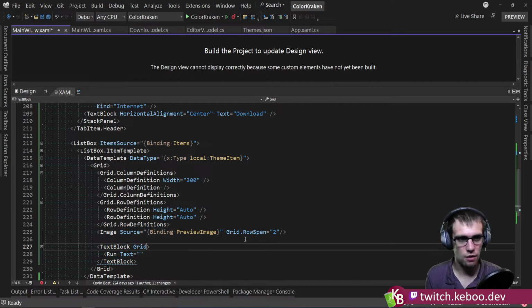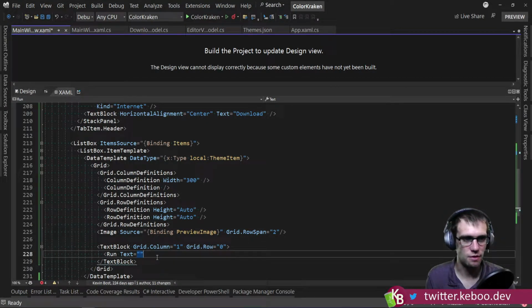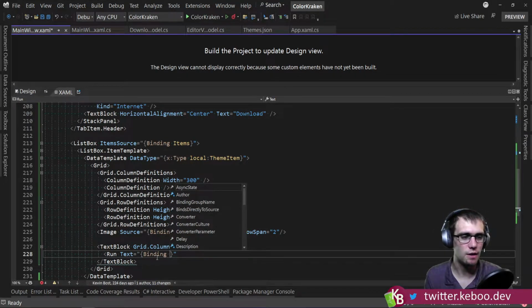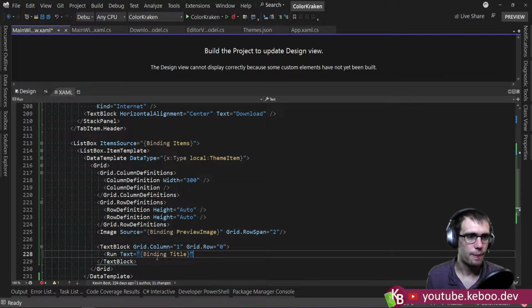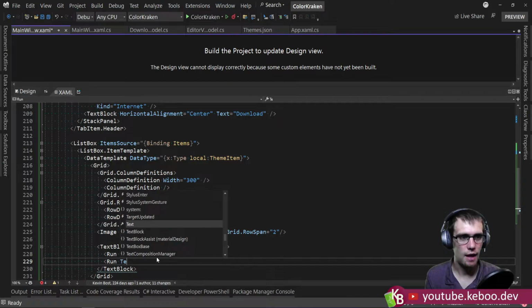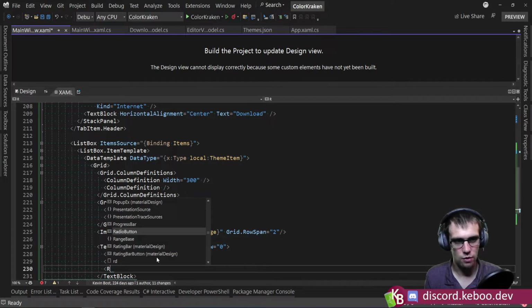And this will be grid column 1, grid row 0. Sometimes I'll omit the default row 0, but sometimes it's nice to make it a little more explicit. So this will be binding, and this will be the title. All right? And then we will do run text by,